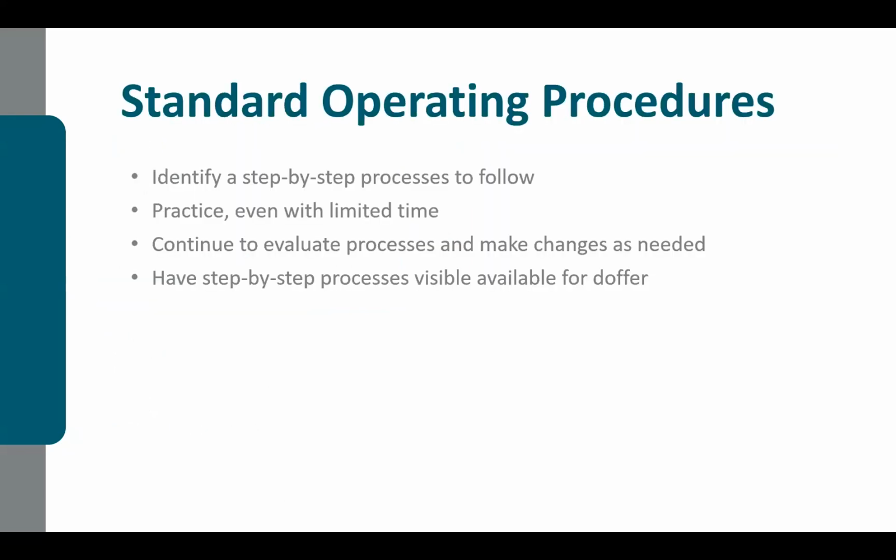So standard operating procedures are a great way to identify the step-by-step process of both putting on and taking off your PPE, and then practicing the standard operating procedures. Even if you have limited time, it's always a good idea to go ahead and put on the PPE, fit test it, make sure it's the right size, the right fit, the right style, and then from there, ensuring that there are no gaps or deficiencies in your PPE, and then continue to evaluate the process and